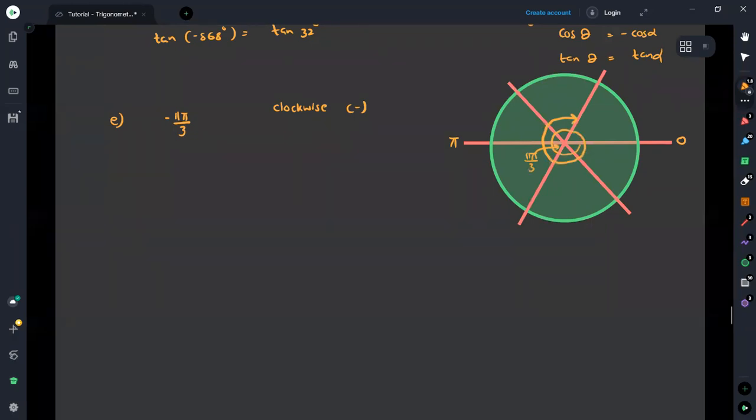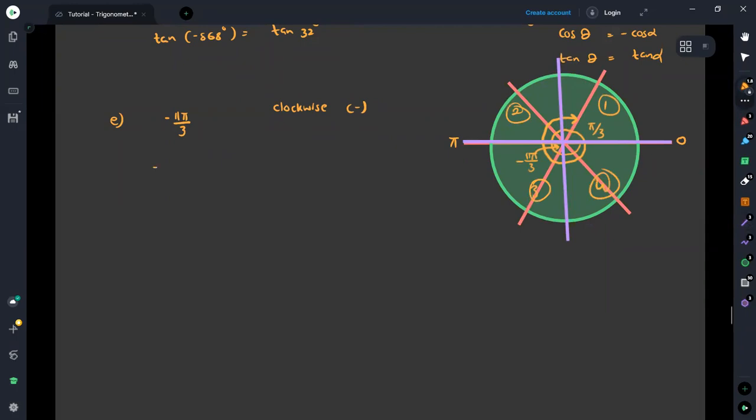Since it is measured in the clockwise direction, we have it as minus. Therefore the associated acute angle is one part of this angle. Therefore this would again be equal to pi over 3. Now we can see that if you draw the quadrants, the quadrants will be in this manner. If you draw the quadrants in the purple color, which I have used here, you can see it is in the first, third and fourth quadrants. Here we can see that pi over 3 is already in the first quadrant.